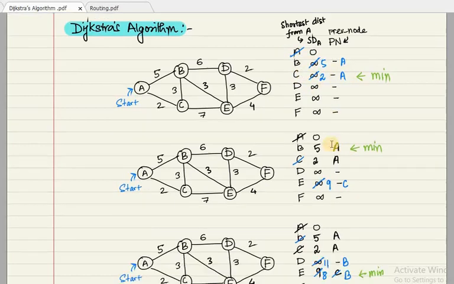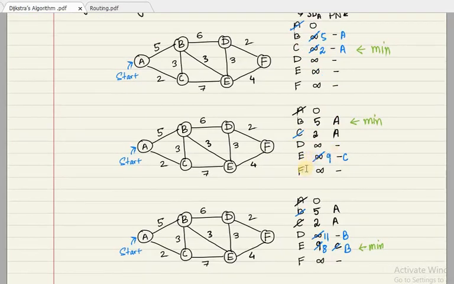Now if you look at this next diagram, you can see we are concentrating on C. A has already been done, and so we now go to C. C has been crossed because currently we are going to compute for C, and you can see when the current node is visited, I always give a blue cross. So blue cross means I am now concentrating on that particular node.